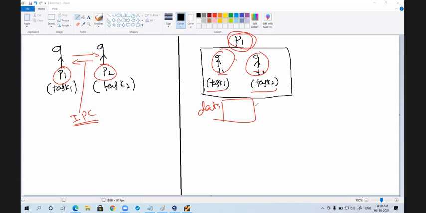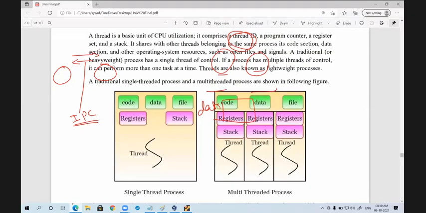All of you are observing this diagram, the previous diagram. The two threads present in a single process observe common code section, common data section, common files.